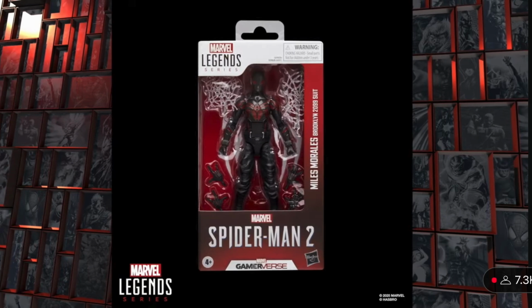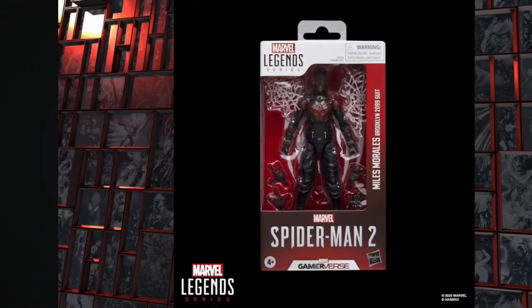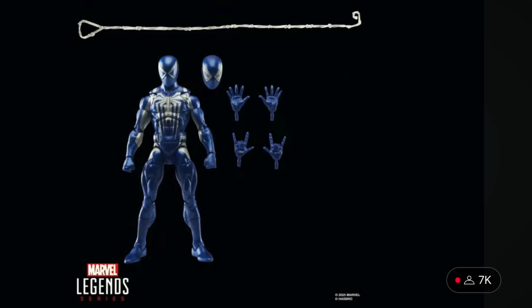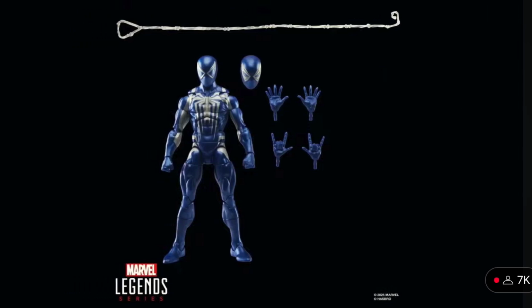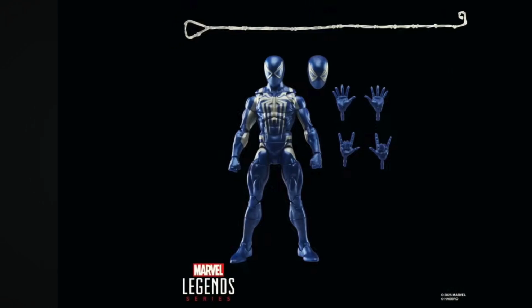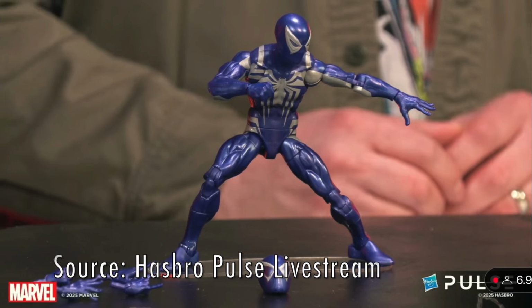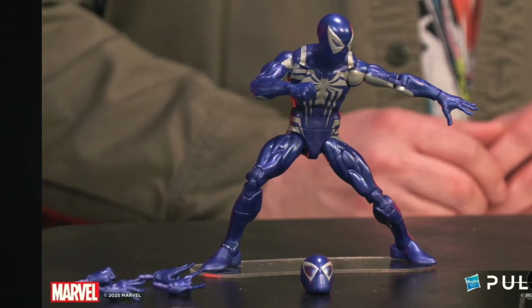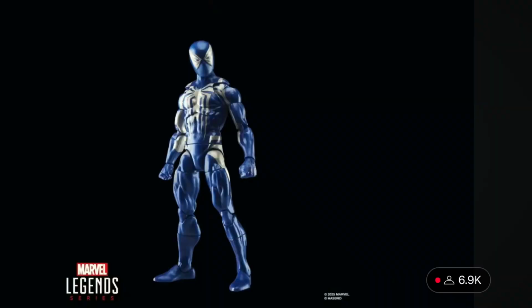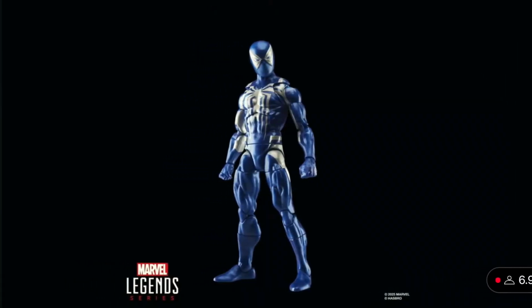The other one that was a little baffling to me, and I'm not gonna lie, is a Peter suit, and I like the color scheme. I think the color scheme is pretty. I just never, again, these are color schemes where I'm like, why are we doing this? It's the Anti-Venom version of Peter's suit that happens towards the end of the game, but it's not in the Anti-Venom colors. It is Anti-Venom, but blue and silver. So if you like those colors, I think it looks cool, but